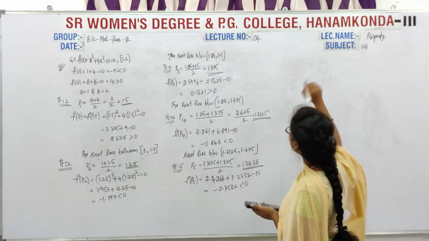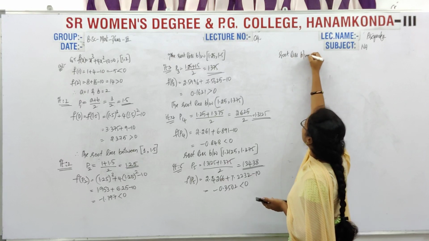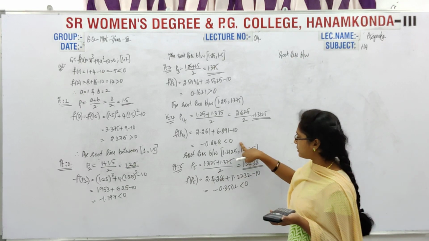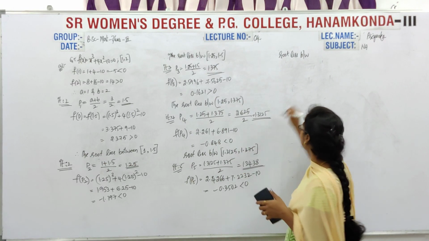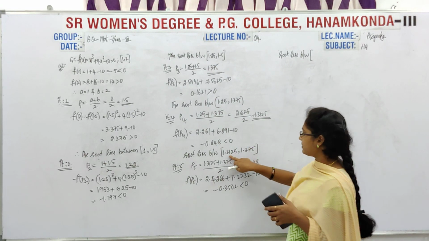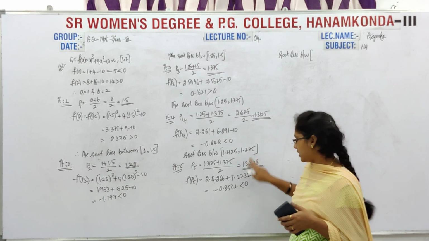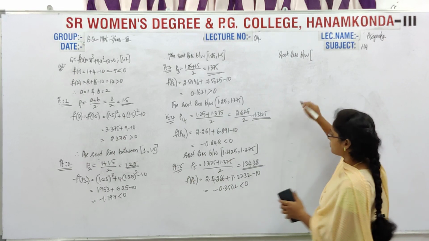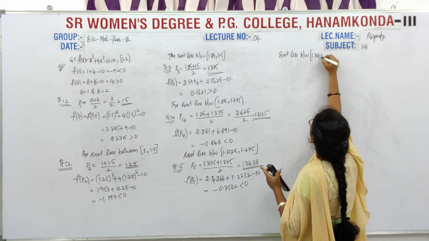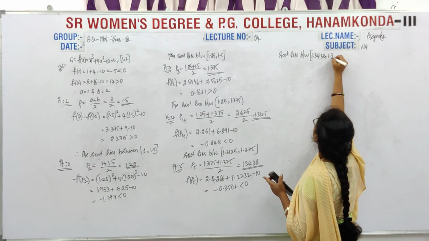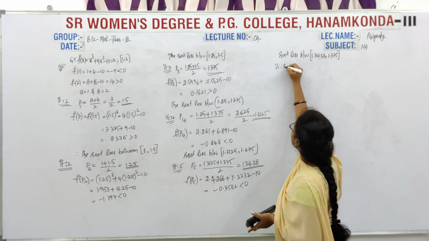So if it is less than 0 means again what we have to do? The root lies between, see here this is negative and the previous one is also negative. So now this one we have to ignore, this 1.3125, because this gives a negative sign and 1.375 gives the positive sign, and here again we have a negative sign. That's why we have to ignore this value. Now 1.3438 comma 1.375. Okay, next iteration number 6.